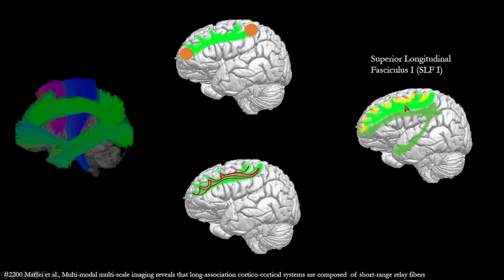This fiber system lies in a very complex region between the cingulum bundle here in dark green and the more superficial layers of U-shaped fibers in yellow. This complexity has contributed to generate controversial results in tractography studies in humans, with some studies supporting the existence of long-range connections going all the way from the parietal to the frontal regions, and other studies supporting the existence of only short-range connections from the parietal to the premotor regions,